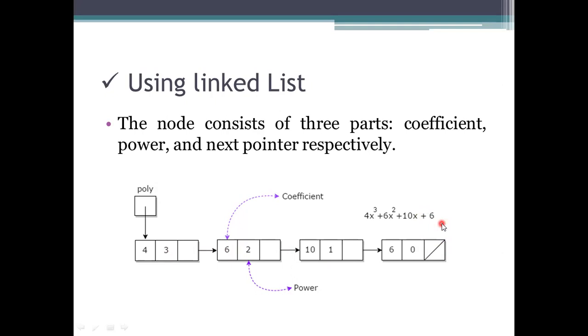Okay, and this type of representation is easy when compared with the single array or double array representations. Simply create a three-part representation, a list which stores the coefficient as the first part, the degree as the second part, and the third part is a pointer. If you have the values, just read them, store them onto that list, and it will be easy to access.